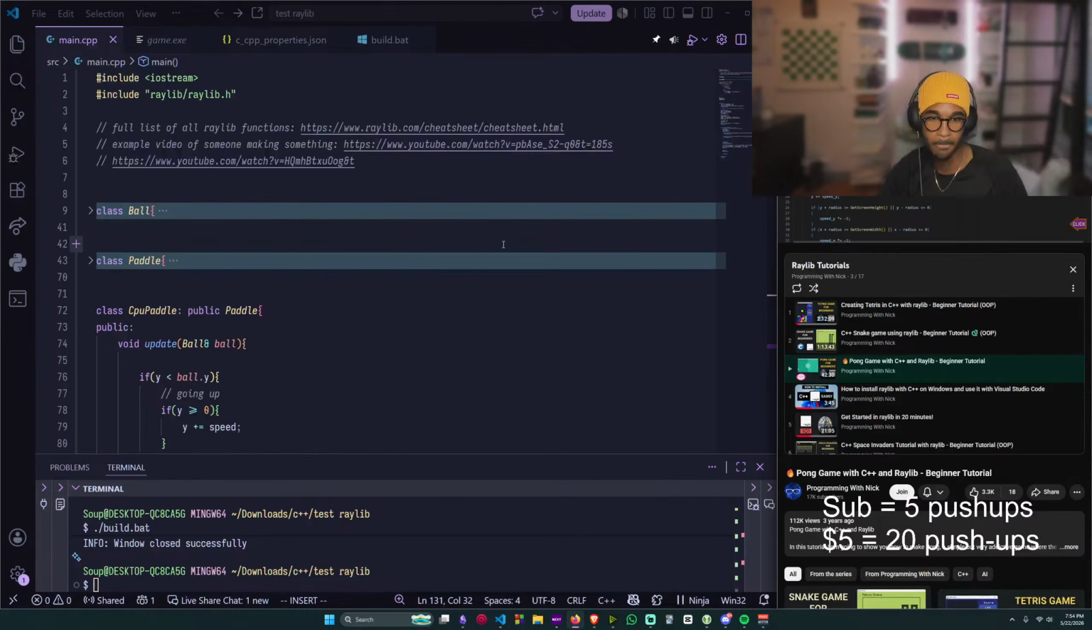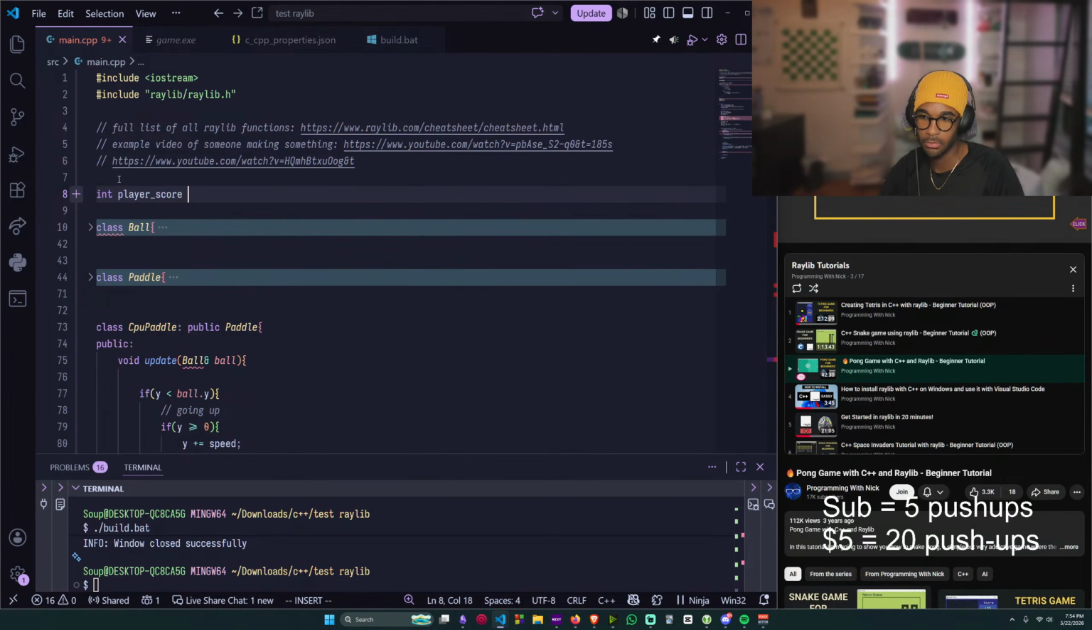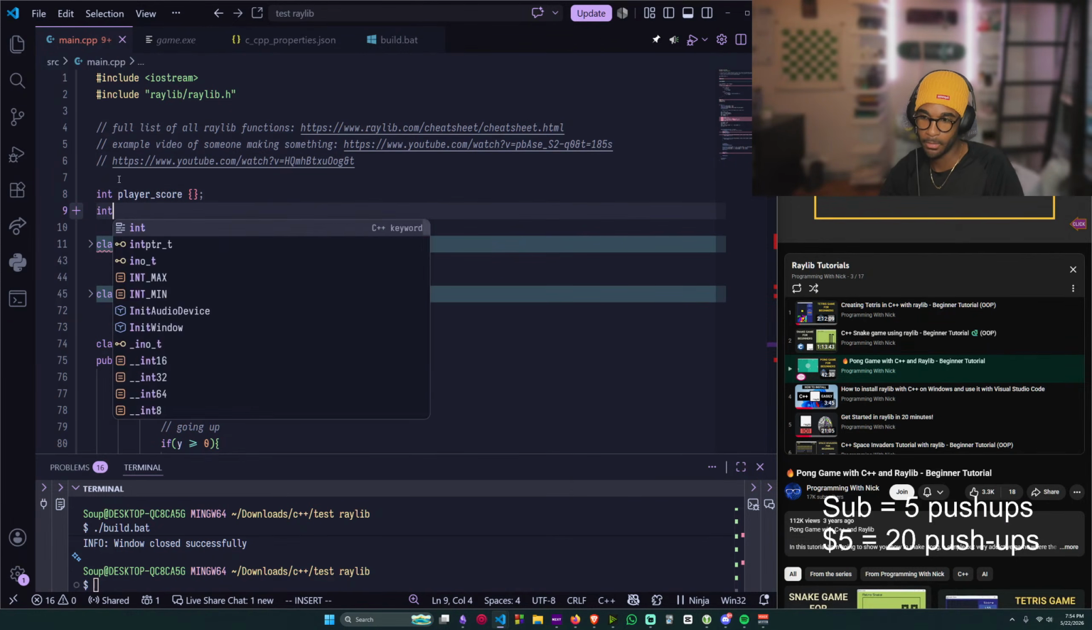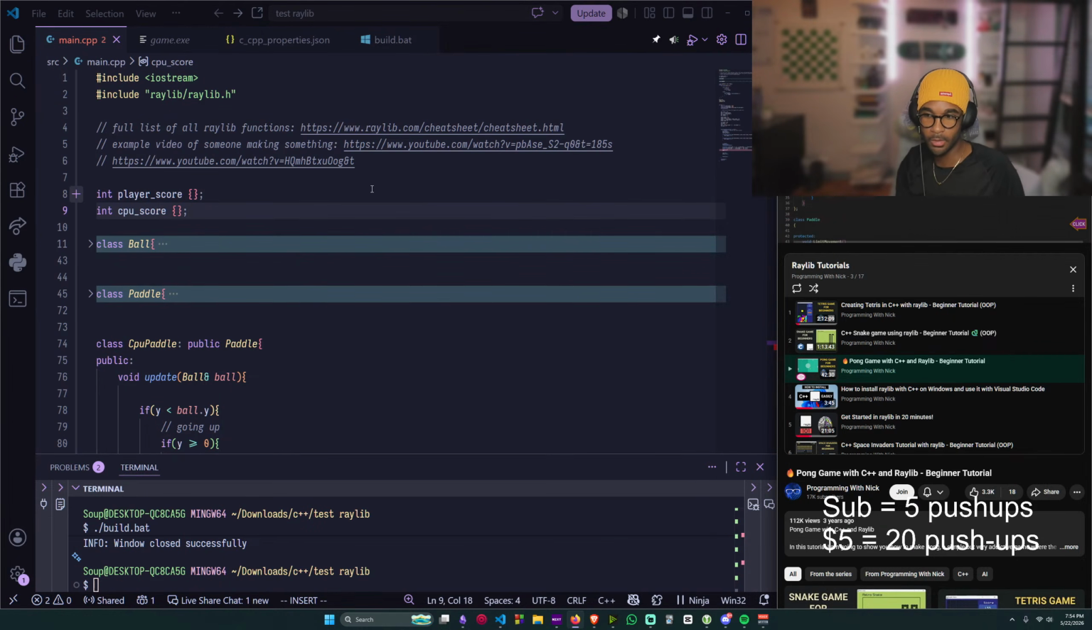0, and int CPU score is equal to 0. Now we have to check whether the player or the CPU wins a point. The CPU wins a point when the ball hits the end of the screen here, and the player wins a point when the ball hits the other end. So inside the ball class, in the update function, we have to make some adjustments to the code. We have to break this if statement into two parts. X plus radius greater than or equal to get screen